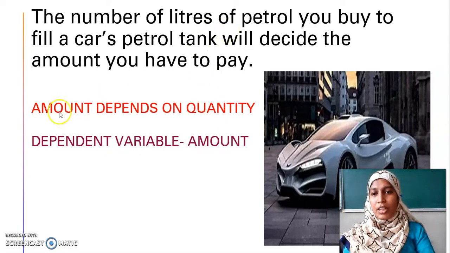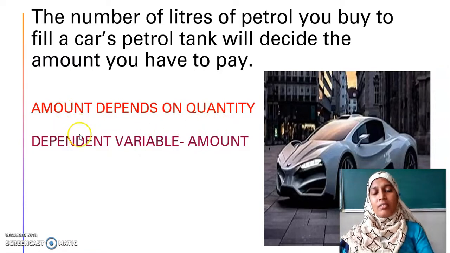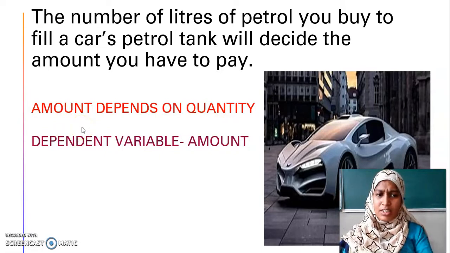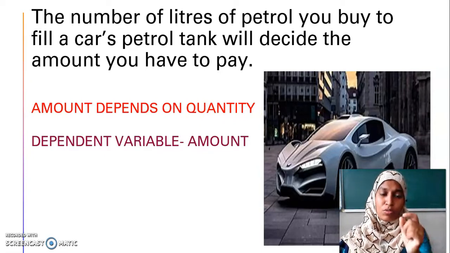In this statement, amount depends on quantity. Amount is depending on quantity. I have two factors, one is amount, another one is quantity. Amount is a variable, quantity is also a variable. As mathematicians are smart enough, they will not be using this word everywhere. They will simplify this with a symbol and they say it as variable. Similarly, quantity. Every time will they write quantity throughout the problem while solving real life algebraic problems? No, we go in for small letters in algebra.